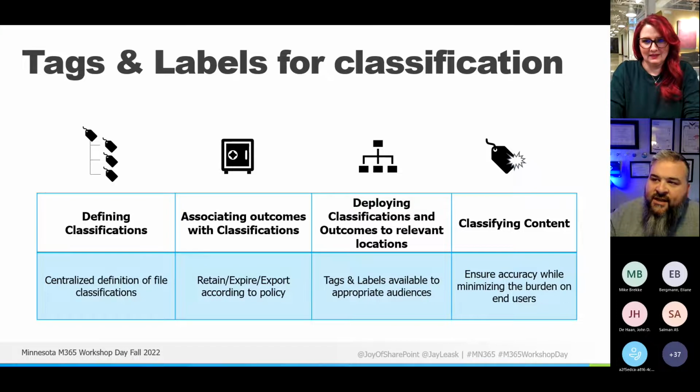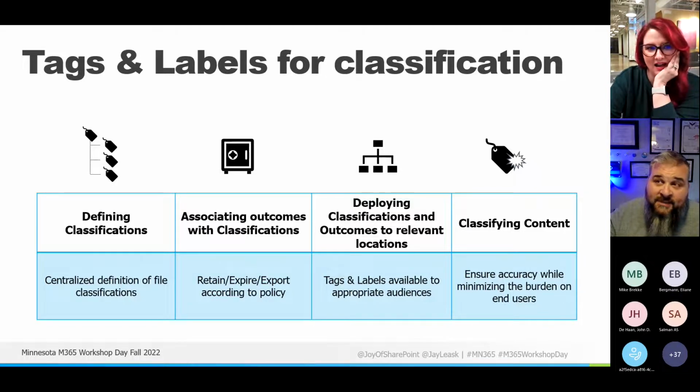Jason asked, is there such a thing as too many classifications? Is there such a thing as too few? Do you know the sweet spot? I was just starting to type, but we'll talk through it instead. There's not a definitive answer. It's similar to people asking how many columns are too many columns to have someone fill out metadata in a library or a list.